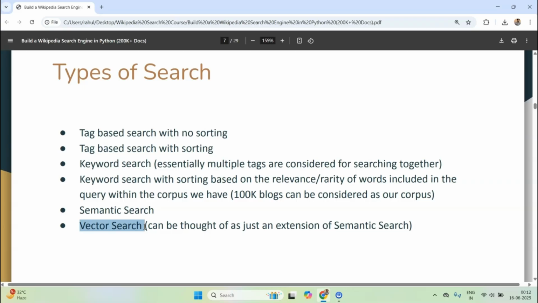Then we have got semantic search, which is meaning based matching. These are more advanced models that try to understand the meaning behind words, like using BERT or other language models, but they are heavier, slower and less interpretable, which is why for many practical applications, TF-IDF is still an excellent middle ground. So why TF-IDF? For this course, we will build a search engine using TF-IDF. It strikes a great balance between speed, simplicity and relevance. You will be amazed at how effective it is, even with simple math and no deep learning.